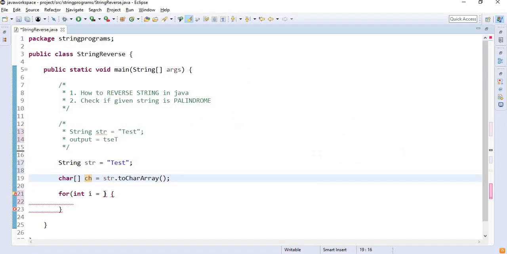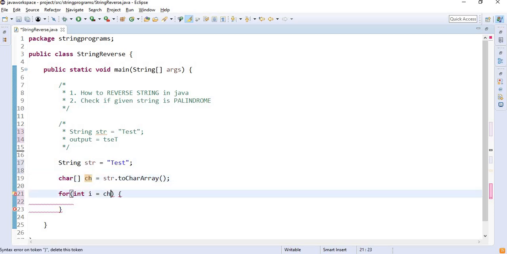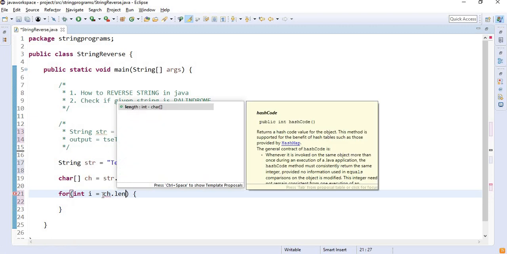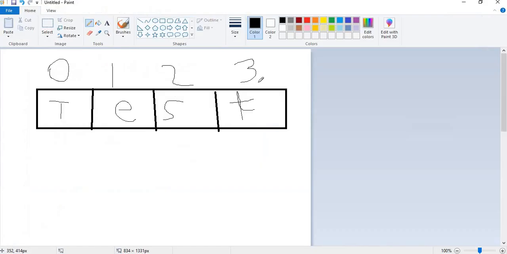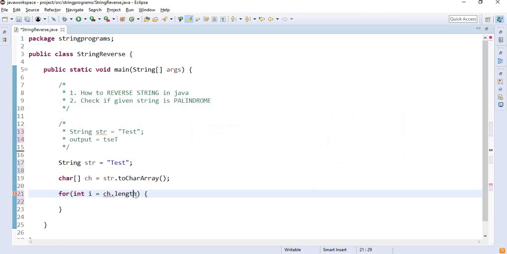To achieve 3, what do we need? The character length, ch.length. My character length here is 1, 2, 3, 4, because there are 4 characters, but on an index basis the last address is 3. So how can we achieve it?